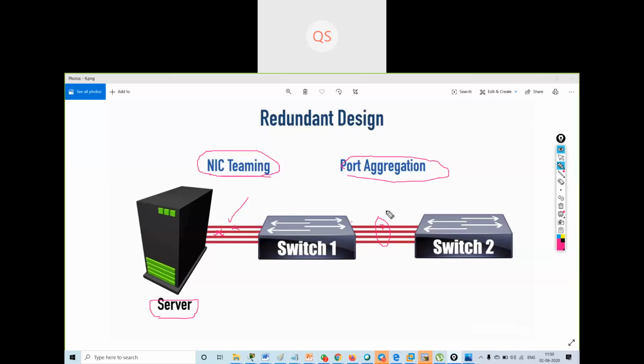But if I am not creating port aggregation, spanning tree protocol (STP) will block all other links and just use one link at a time. So this is also a type of redundant design that we can use by using EtherChannel.